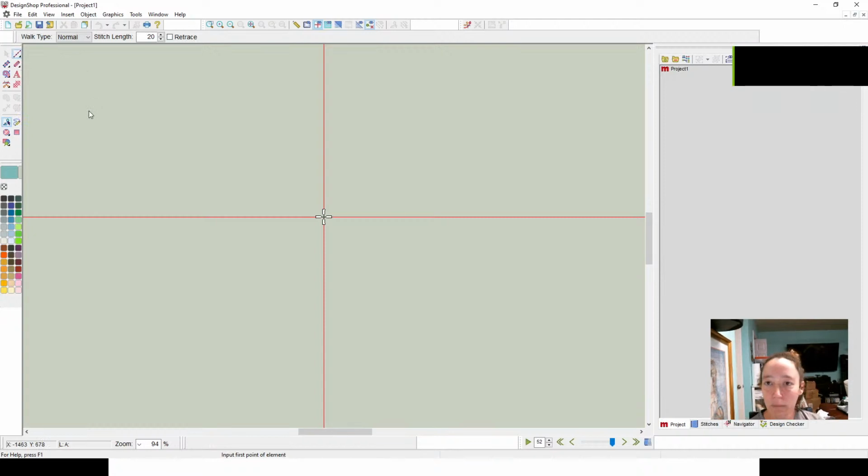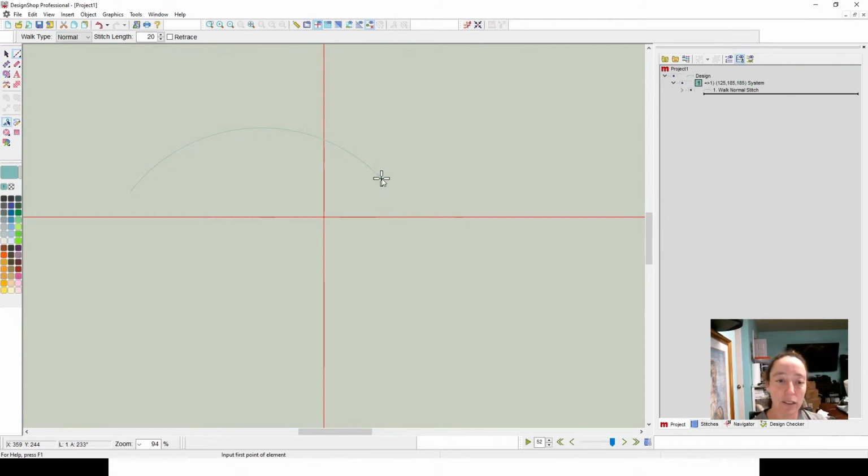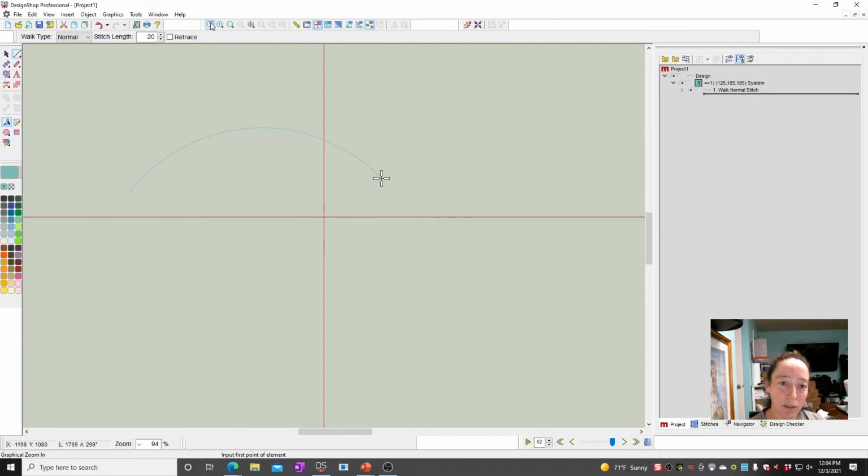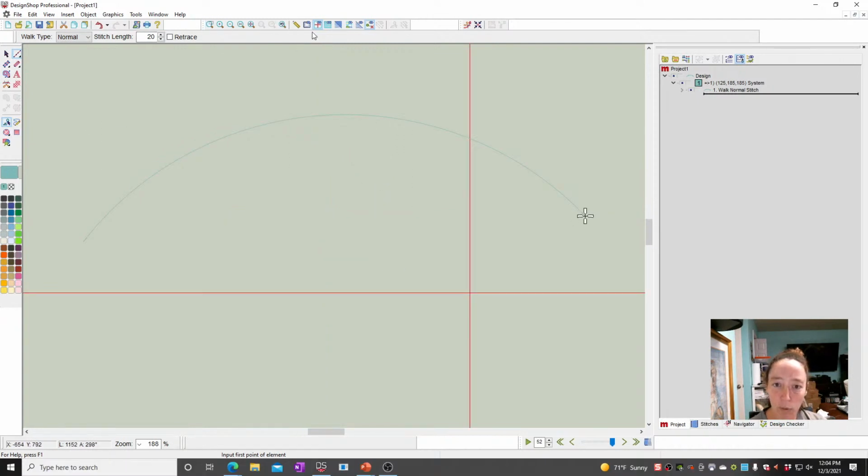So a walk input, this is just a straight line essentially. So when you digitize that, left clicks give you straight points, right clicks give you curves, and that will give you a line. If I turn this to 3D and zoom in so you could see it,